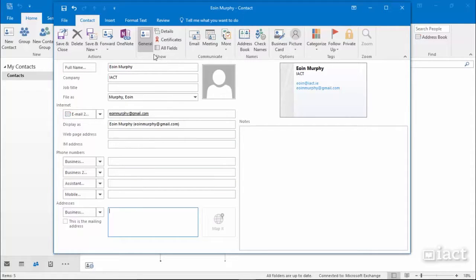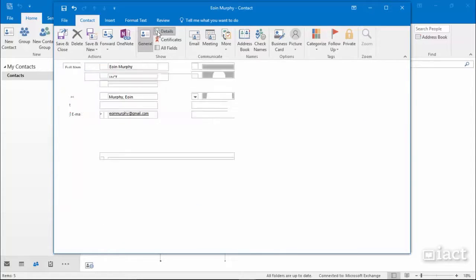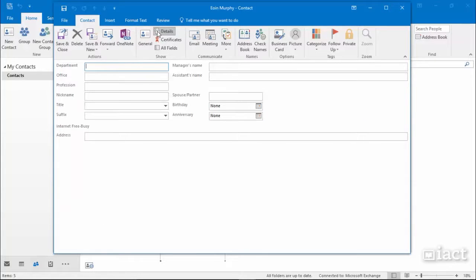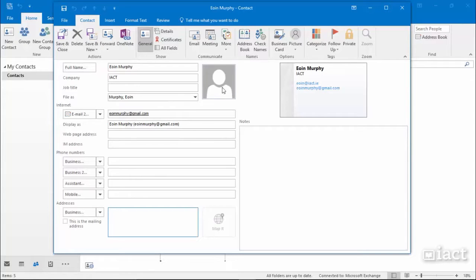Here at the top we can see the group called Show, and currently it's showing the general information about this particular contact. I could go in and enter in more details, and this section holds things like the department the person is in, their office name, their profession, and other things such as their nicknames or their manager's name and so on. Returning back to General, I ensure that I have everything in that I want, including maybe a photo